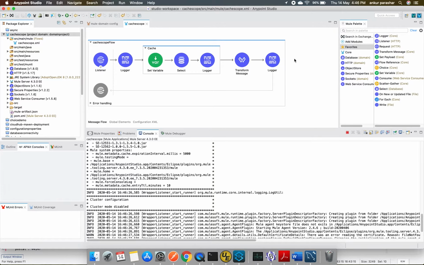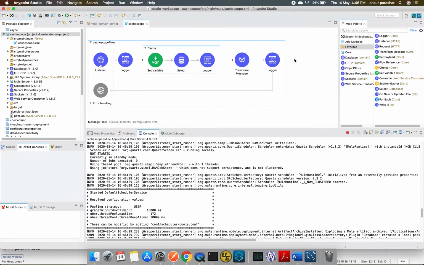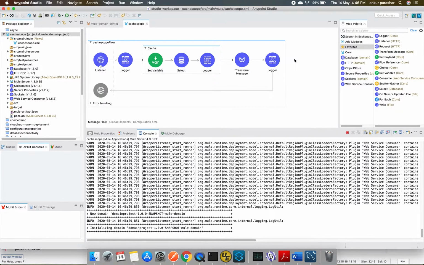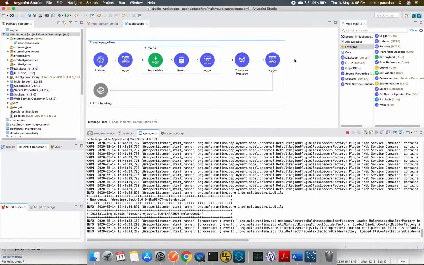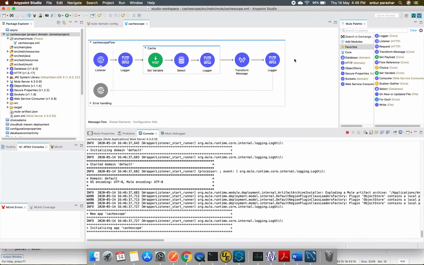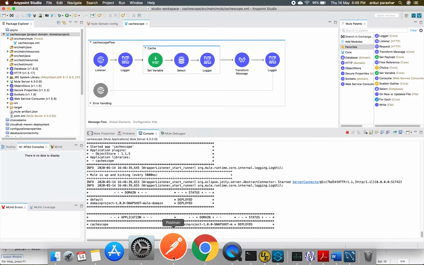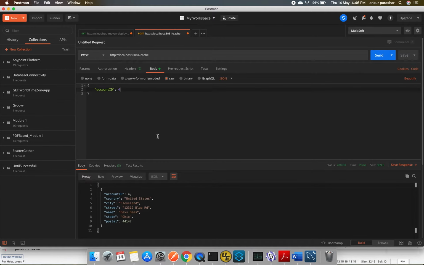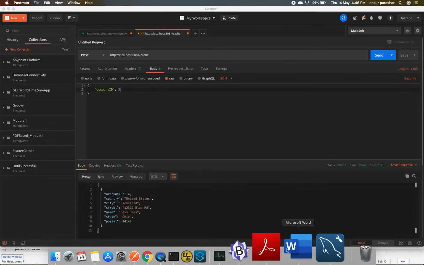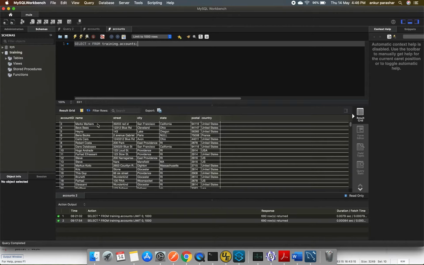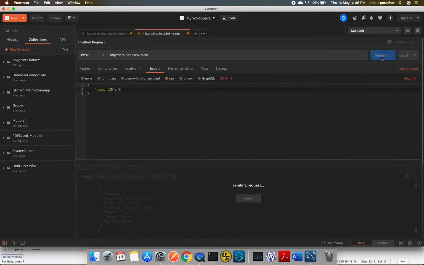This particular demo is being created using Mule 4.3.0 and Anypoint Studio 7.5, that is the latest offering from MuleSoft. So our project is now deployed. I will again hit, maybe this time I will go for 3. First check if there is anything with the 3. Yes, it's for marks coming out of California. So let's hit it.